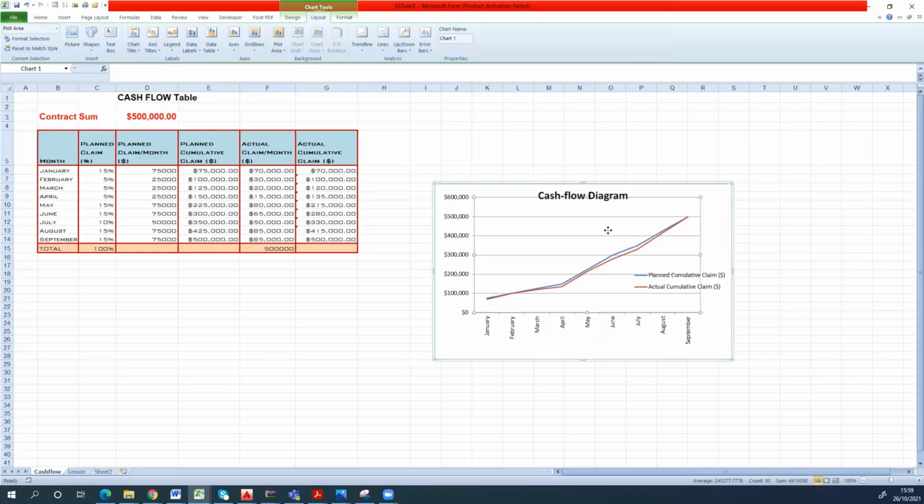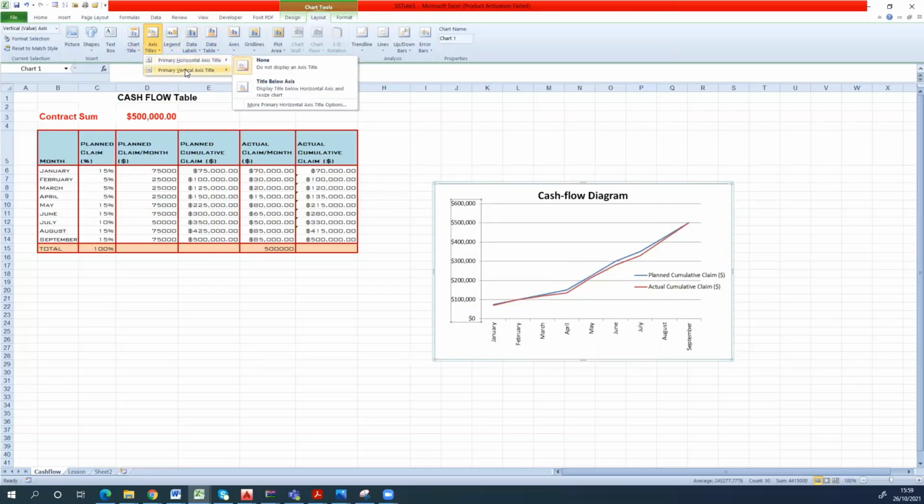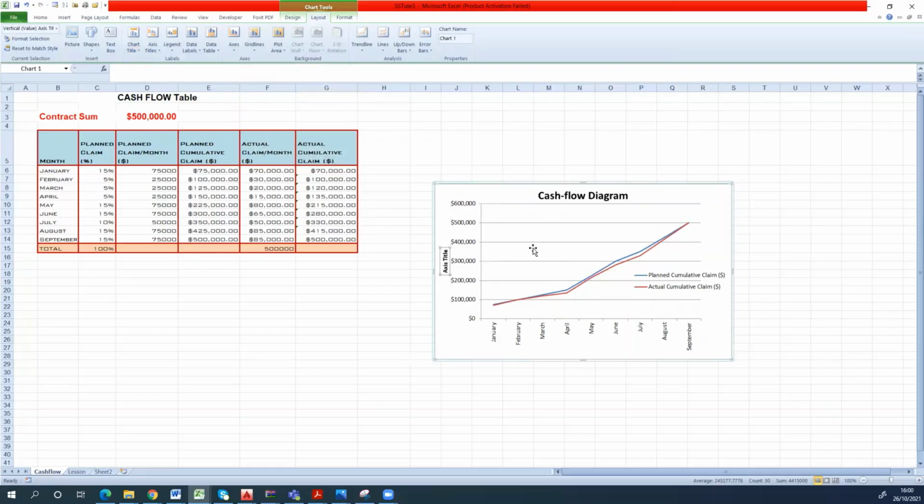And I want to adjust the top area a bit to make enough room for this title. And I can add axis label from here, primary vertical axis, so rotated title like this, and that's going to be